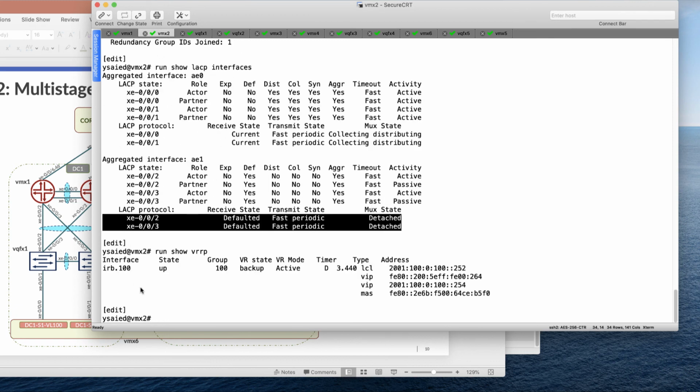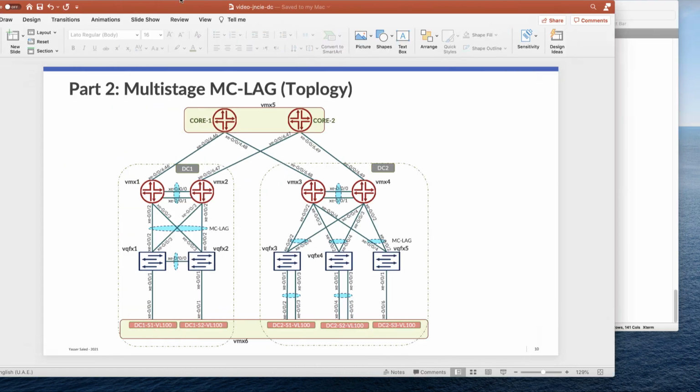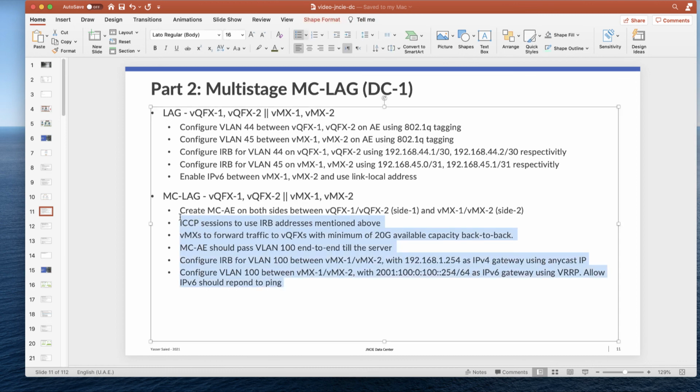On MX number 2, in VRRP group 100, MX number 2 is acting as backup, and the master is the virtual MX1. Here is the VIP address, and here is our local address. Okay, so up to this moment we are done with subtask number 2, and then let's move to subtask number